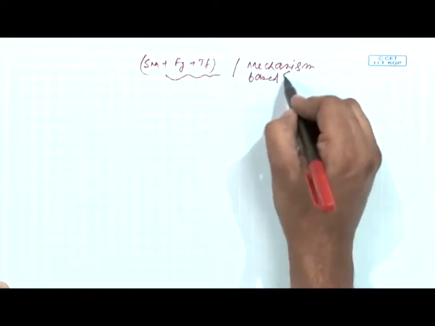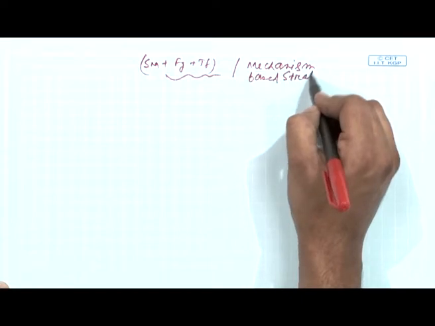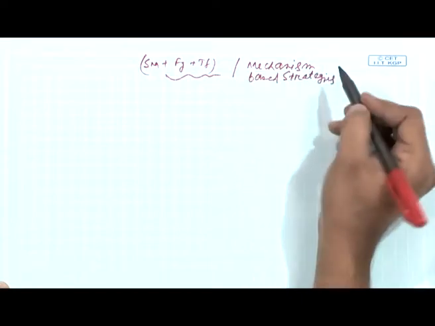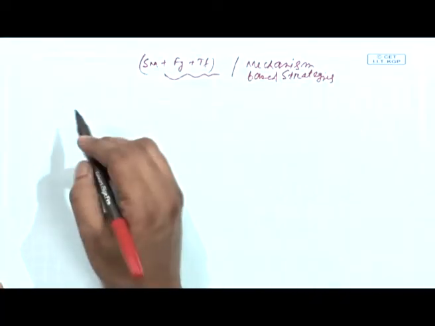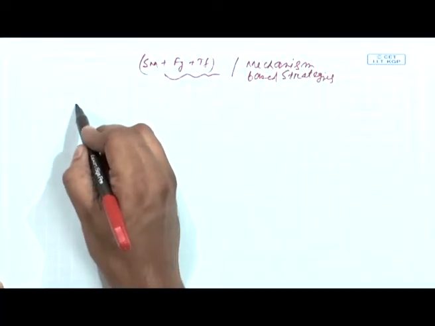Now, mechanism based strategies are basically an extension of these transformation based strategies, meaning if you are quite sure about a particular mechanism of a key transformation or name reaction, you can design that if this mechanism operates this way, then this functional group might lead you to that target molecule. We will now explore this particular mechanism based strategy through a simple example.